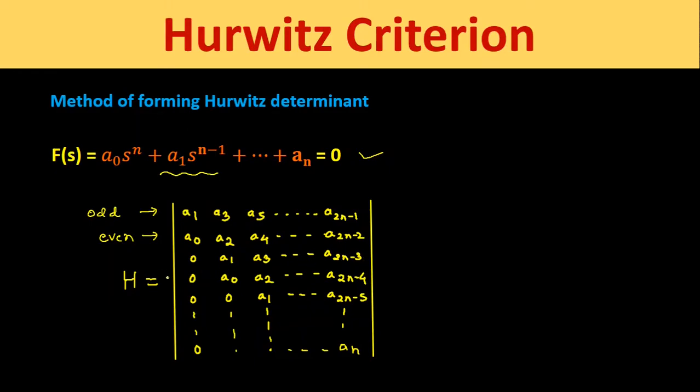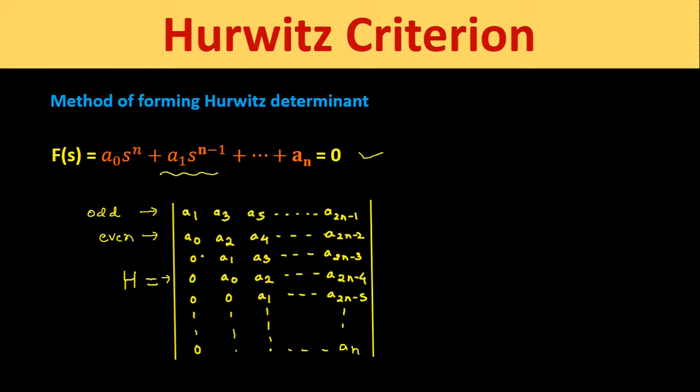Then for building the fourth row, we have again inserted 1 zero and we have written all the terms of the second row as it is, that is a0, a2, etc. And after that, for building the fifth row, we have inserted 2 zeros first and then we have written all the terms of the first row. Likewise, we have to build this Hurwitz determinant H, and from this Hurwitz determinant H we have to find out